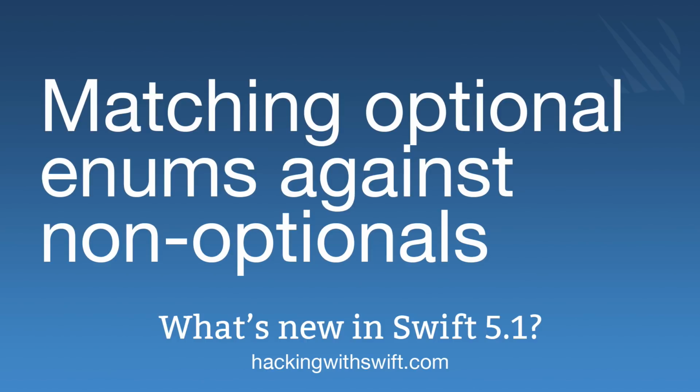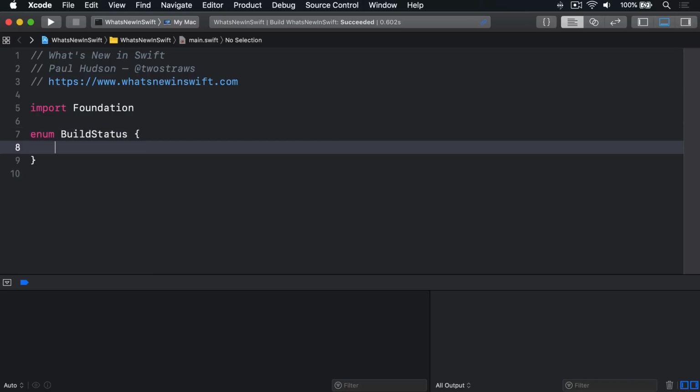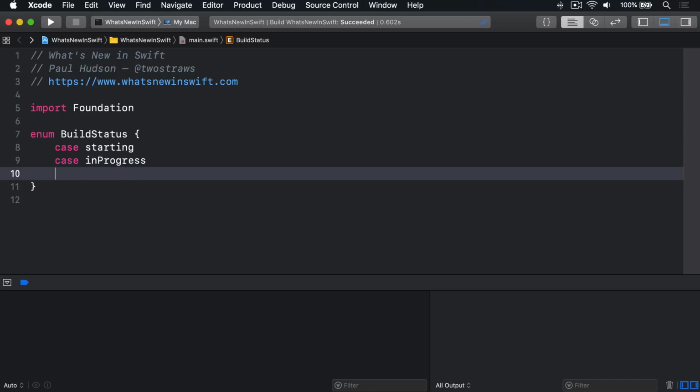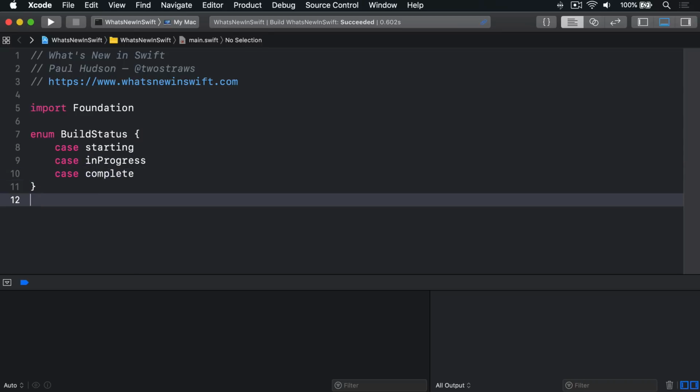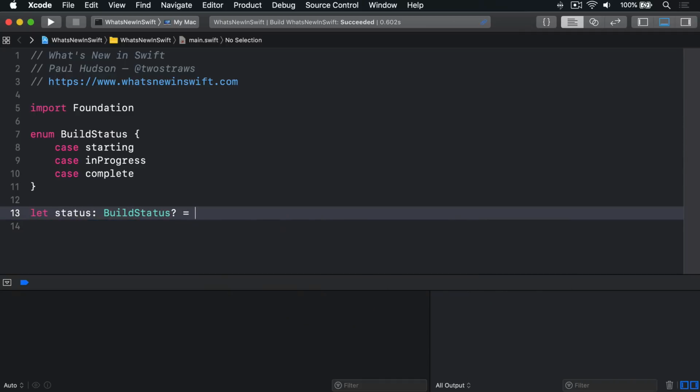Swift has always been smart enough to handle switch case pattern matching between optionals and non-optionals for strings and integers, but before Swift 5.1, that wasn't extended to enums. Well, in Swift 5.1 we can now use switch case pattern matching to match optional enums with non-optionals, like this. Enum BuildStatus, case starting, case inProgress, case complete. Let status, optional BuildStatus, equals .inProgress,